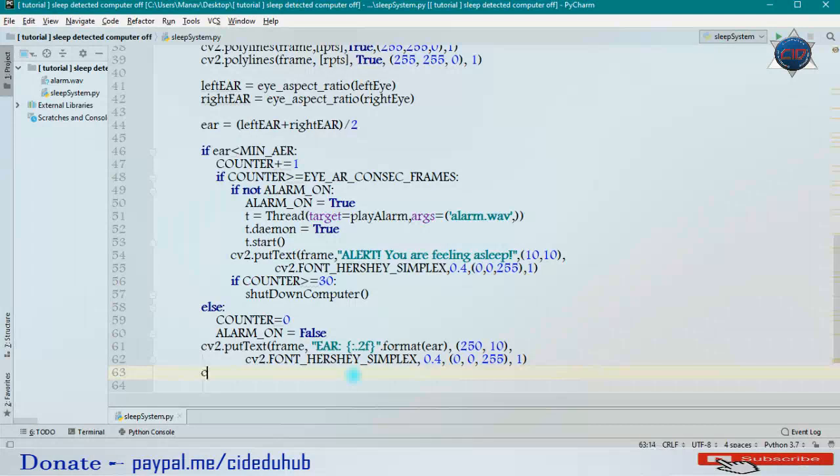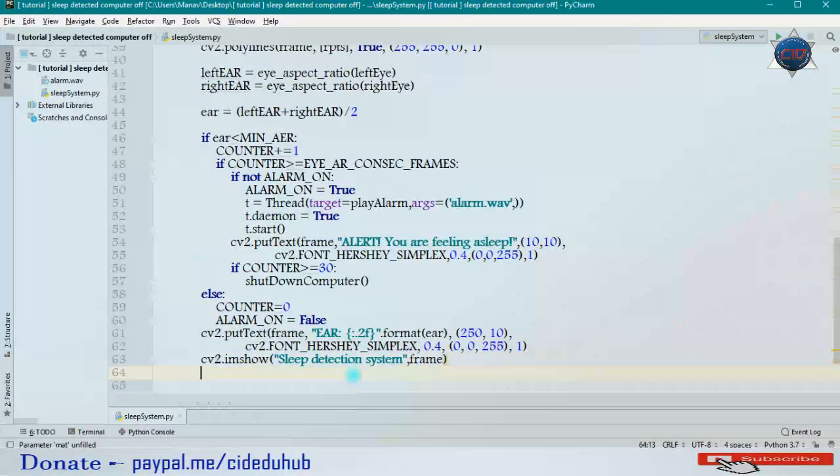Now I want to show our window, so I will use here the imshow method of cv2, and here first we'll have to pass the window name, and I'm naming it as sleep detection system. Okay, sorry, system. And now let me pass here our frame, so I'll pass just the frame here.